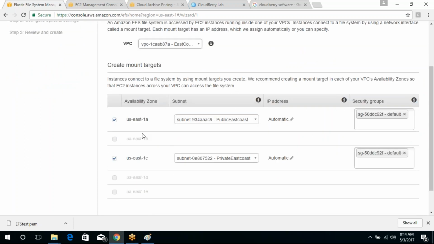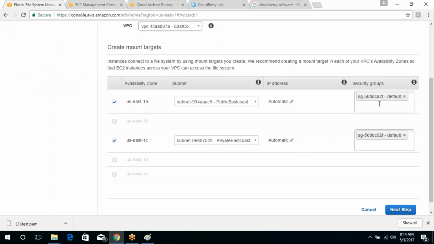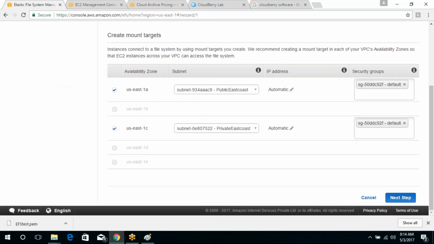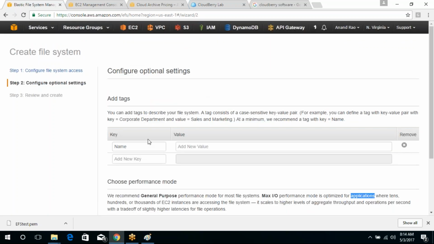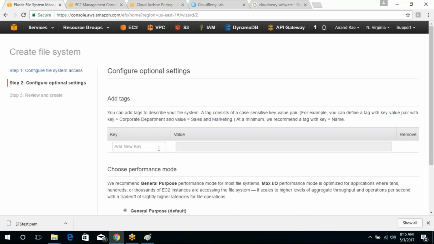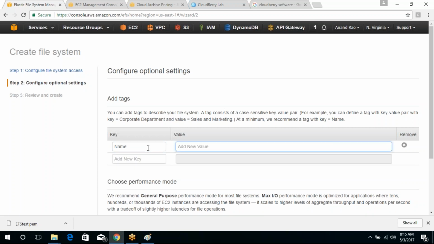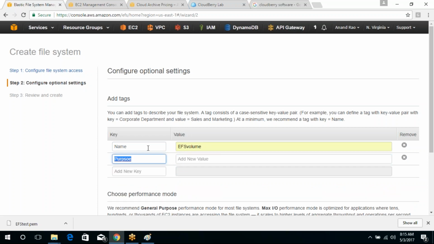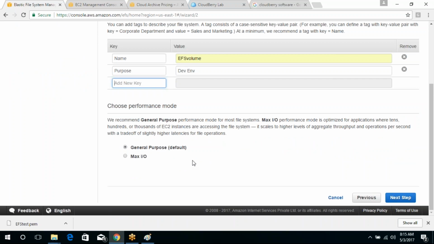And the virtual machine, this is in subnets, and it is of course going behind a security group. So next, tagging. I can say name, EFS, purpose, WNV. Okay, keep moving. And next, this one, whether you want it to be general purpose, where